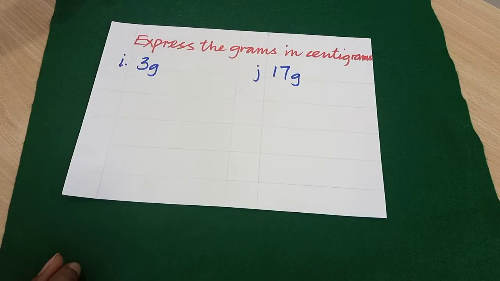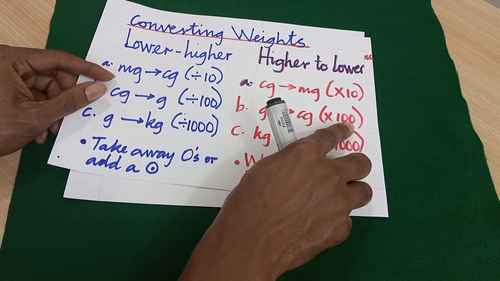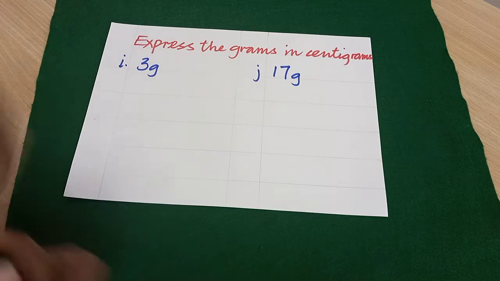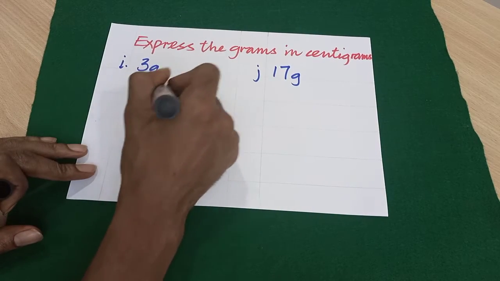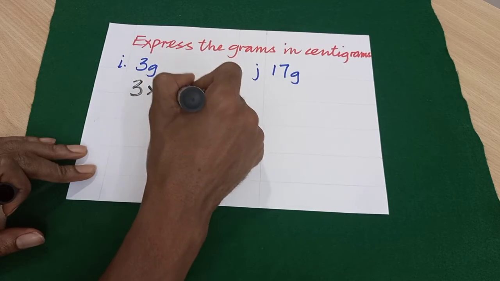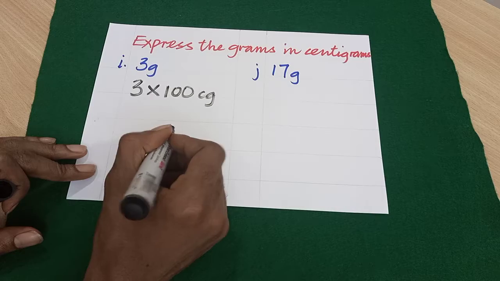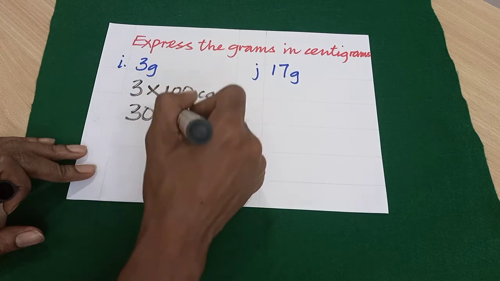Expressing grams in centigrams. Okay, so now grams to centigrams is what? Multiply by 100 or write 2 zeros after. So this is going to be 3 times 100 centigrams. Alright, so this is going to give us what? 3 with 2 zeros or 300